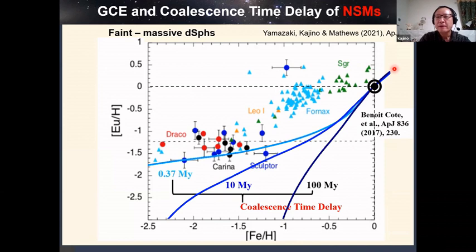But if artificially we put the coalescence time scale as short as 0.37 mega-years, which is very short and artificial, the europium abundance in some small faint galaxies could be explained. But as pointed out by Benoit Côté, the recent history of europium abundance and other r-process elements needs at least 10 times bigger event rate of neutron star mergers. So only neutron star mergers cannot create the solar system europium abundance nearby our solar system in the history.